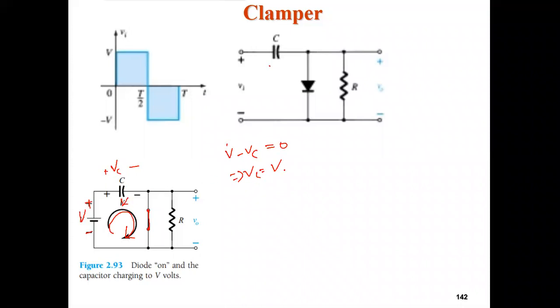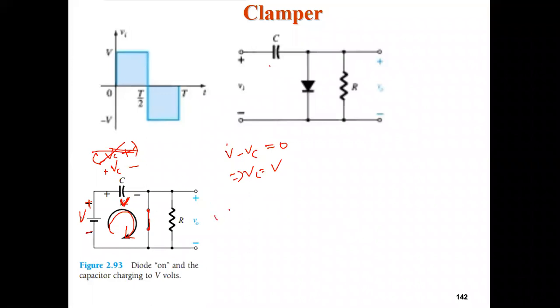Here you remember one thing: if your convention is wrong, suppose you had taken the convention in the opposite way, then obviously the Vc value you get will be negative. If you get Vc as negative, that means the Vc direction you have taken is wrong and has to be altered. Here you are getting positive, so we have taken the right direction, and the capacitor is charging to V volt.